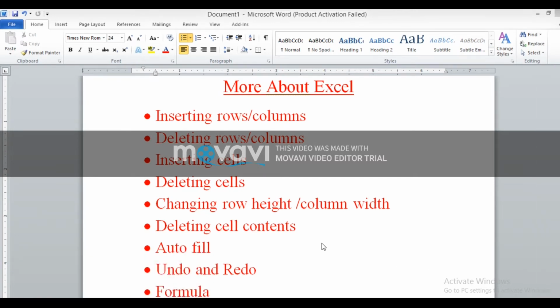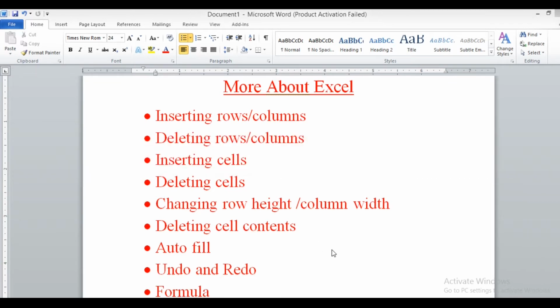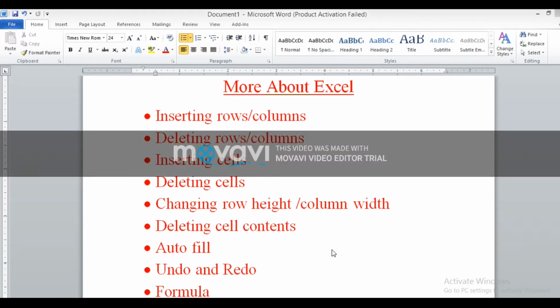The first option we will use is inserting rows and columns. How to insert rows and columns in the Excel sheet, how to insert just a cell, how to delete a cell, how to change their height and width according to our requirement, autofill, undo, redo and formula. First we are going to discuss